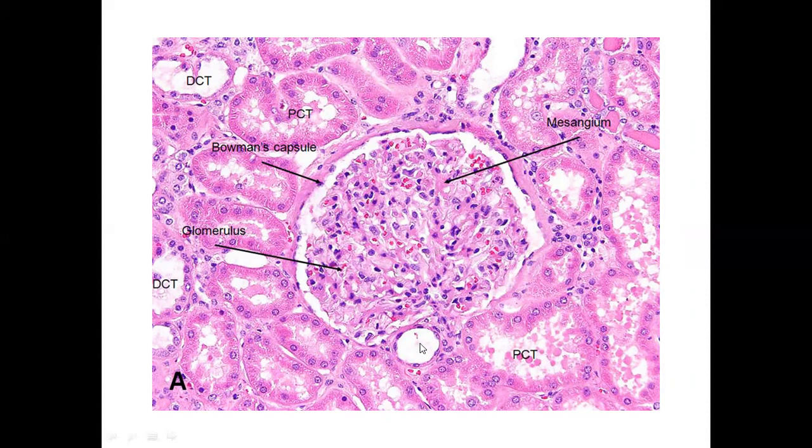And then around here again you can easily identify the vascular pole, the pole from where this bunch of capillaries is emerging inside this capsular space, and the urinary pole is not evident in this micrograph. Outside there are a lot of cross sections, and some of them are presenting the proximal convoluted tubule and some of them are part of the distal convoluted tubule, as the distal convoluted tubule is here.